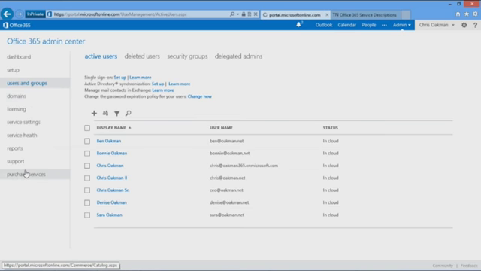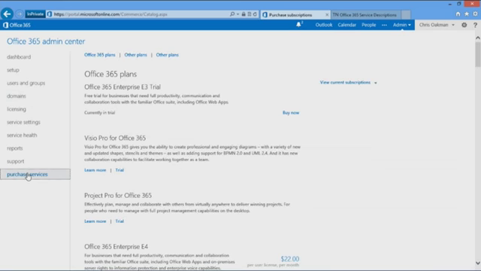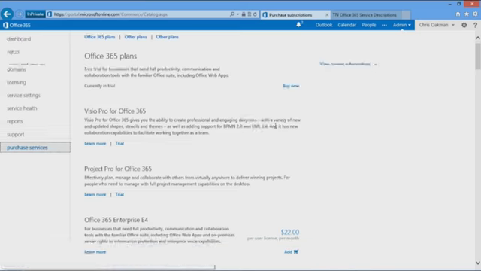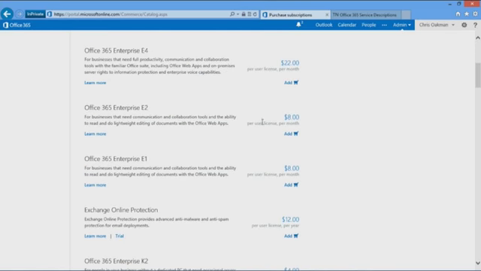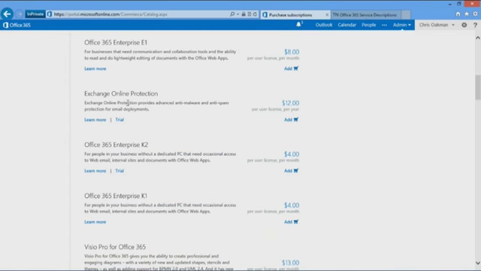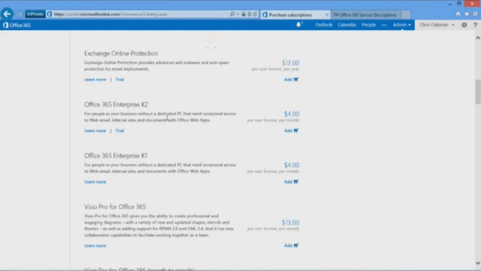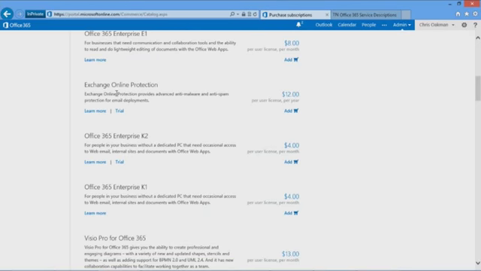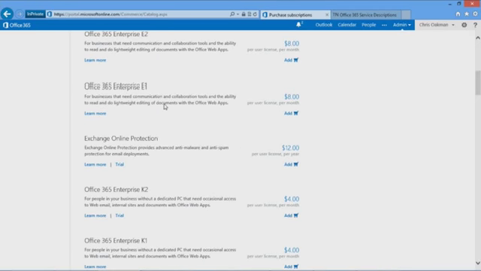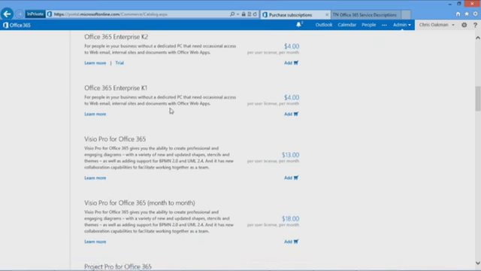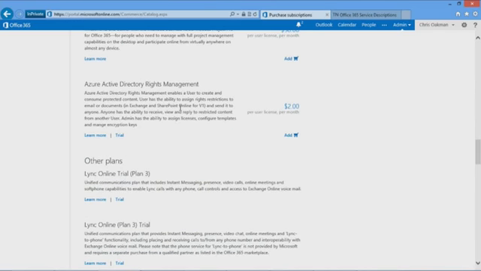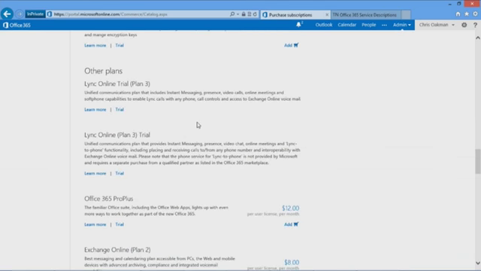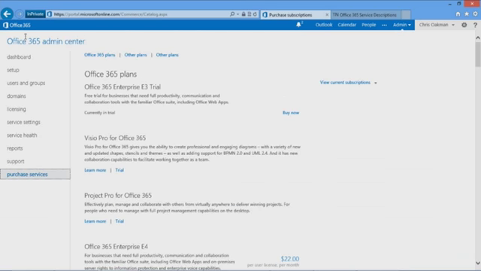All right, and then so yeah, down at the bottom, this is what I was going after real quick. So here's all our different plans. So I can add each and every one of these plans. If I needed some Exchange Online protection, I want to add that. $12 a user. This is if I want to add it to my E1, Enterprise K1s, all the different plans that we covered in the first couple screens are all included here. Okay. So that's in a nutshell.